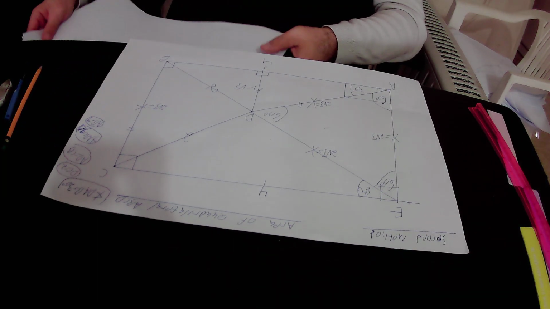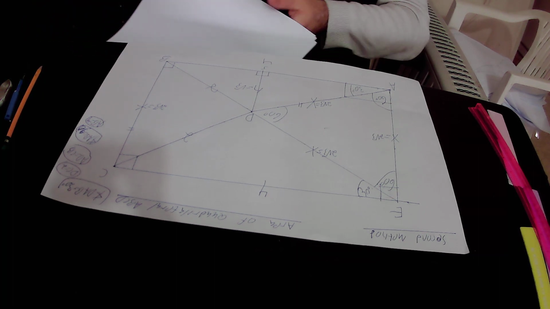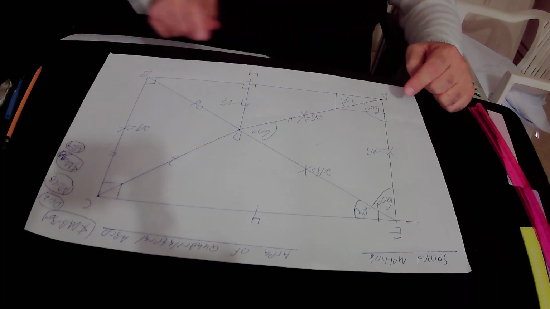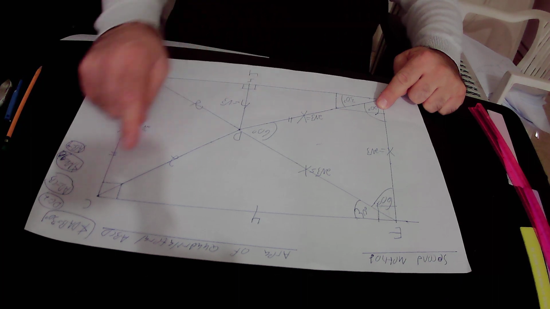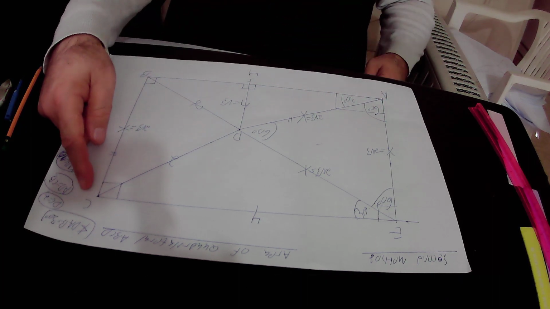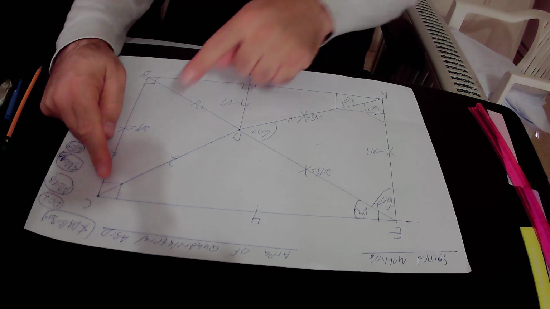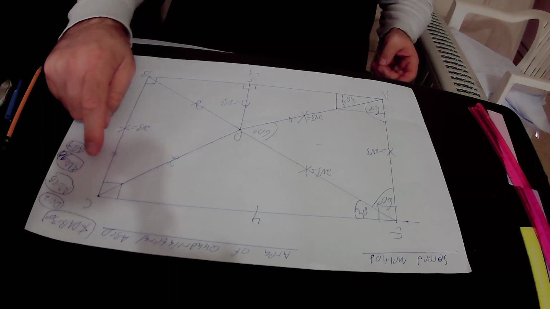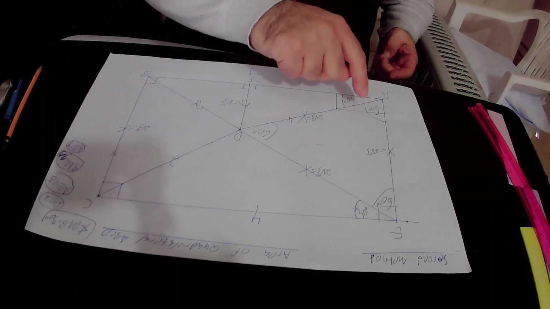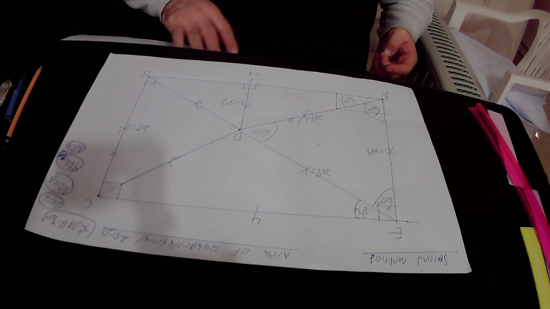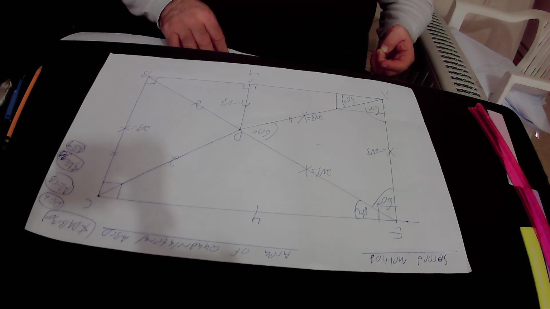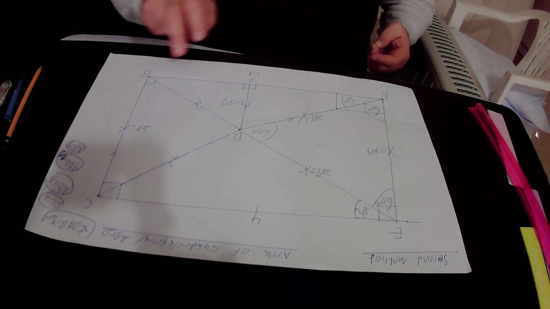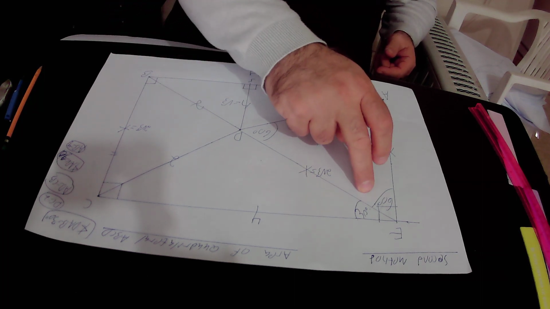Actually, from point A, we draw a perpendicular to AB, so this angle is 90 degrees. And from point C, we draw a perpendicular to CB, so this angle also equals 90 degrees. And we define the intersection point between the perpendicular from C and the perpendicular from A as E. And actually, we created here quadrilateral ABCE that has 3 right angles, 1, 2, 3. We define the fourth angle as angle X,